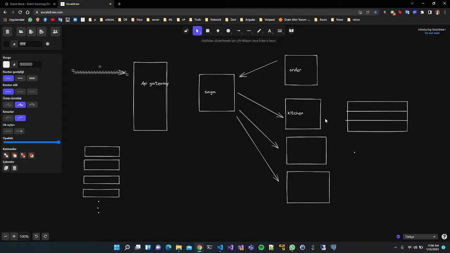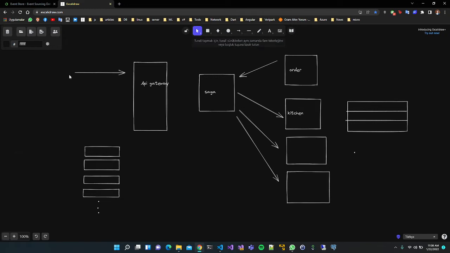If you think about the kitchen particularly, imagine there are too many events coming from the order. Think about only one single order. For example, when an order comes first, the order will be created. It is actually an event. We must handle this kind of situation like an event, and we will create this event and share it with the other services with the Saga pattern.